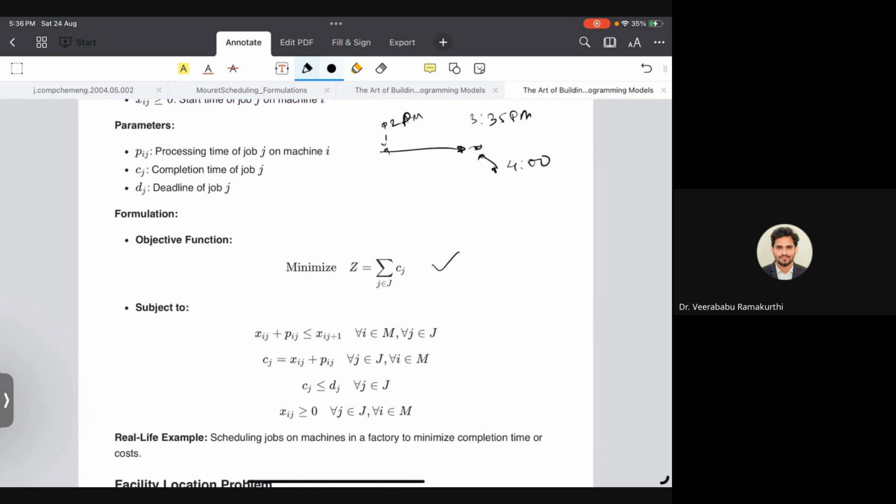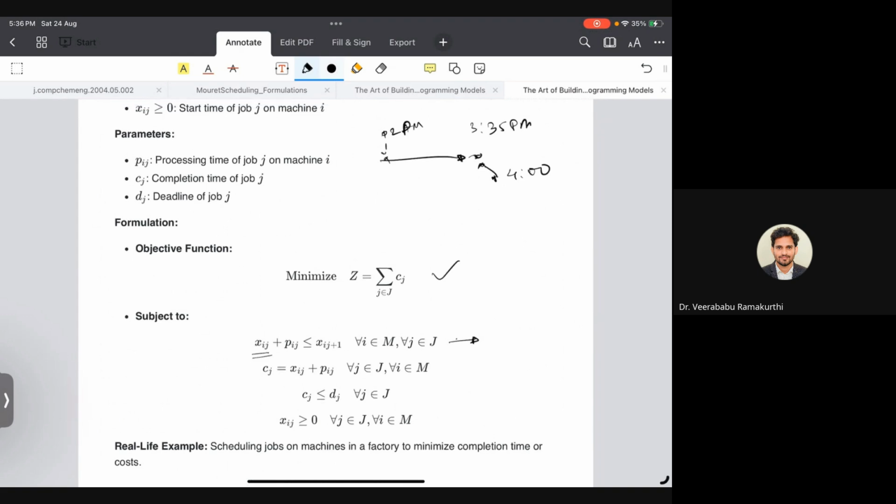So if you see here, the first one, this is the start time xij, start time for machine i for job j. This is the processing time, and this is j plus 1, job plus 1. If the next job is getting processed, it will be after the previous job's start plus the processing time of the previous job. This is the end time of each job j, Cj equals xij plus pij. This is saying Cj should be less than or equal to the complete time horizon dj,